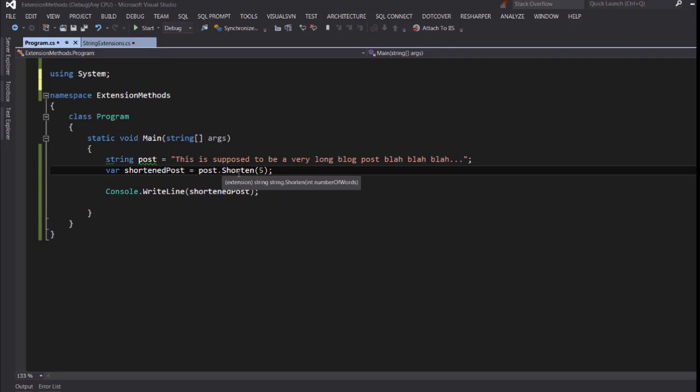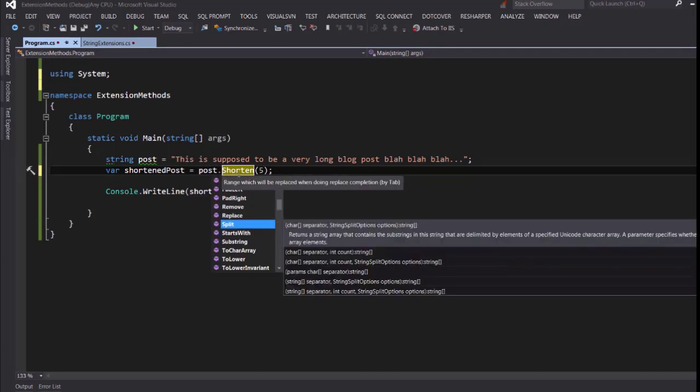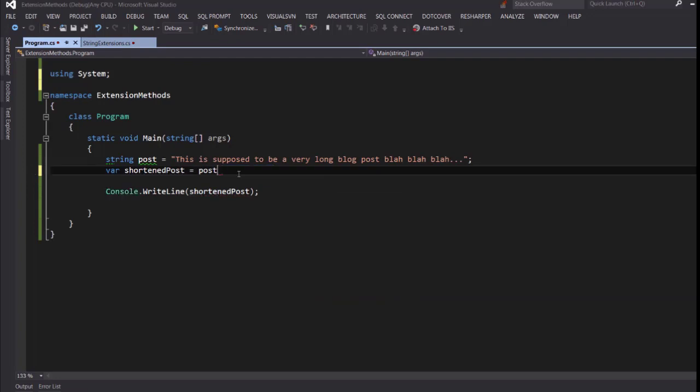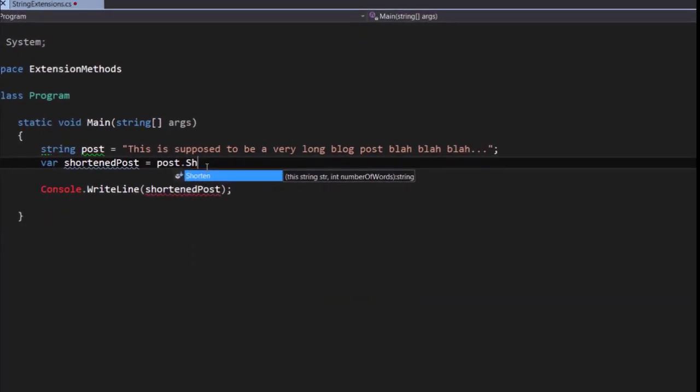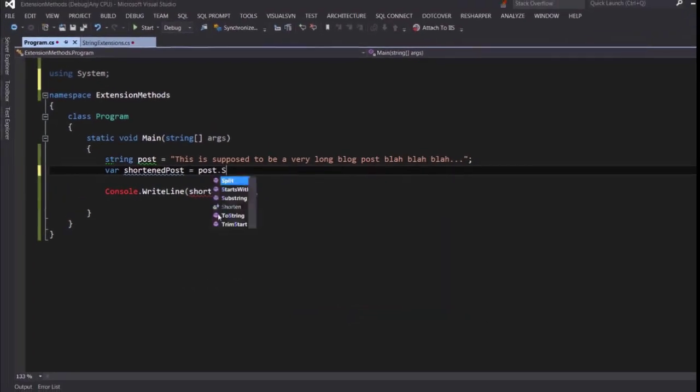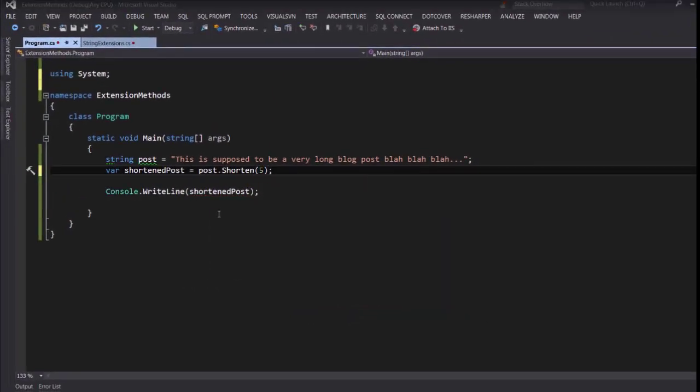The difference is, if we use dot, note that dot Shorten has a different icon from the normal instance methods defined in the string class. That's the icon of the extension method. The other methods have this kind of purple cube. So the lesson is,